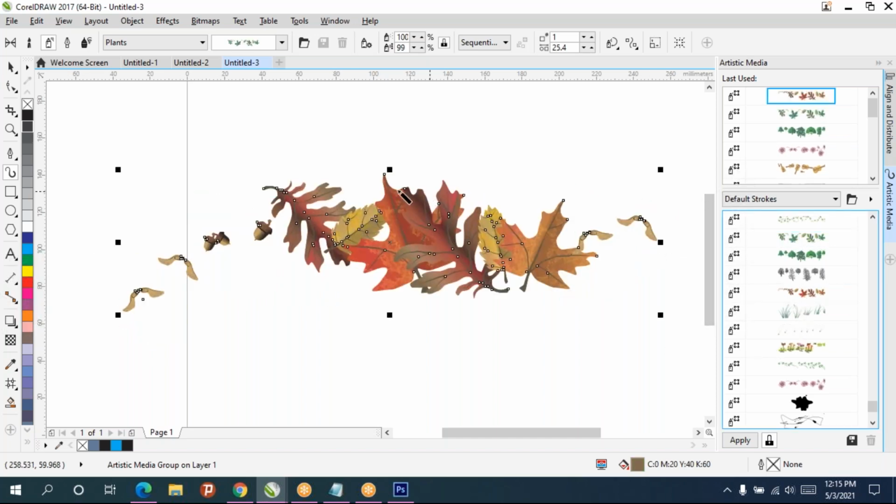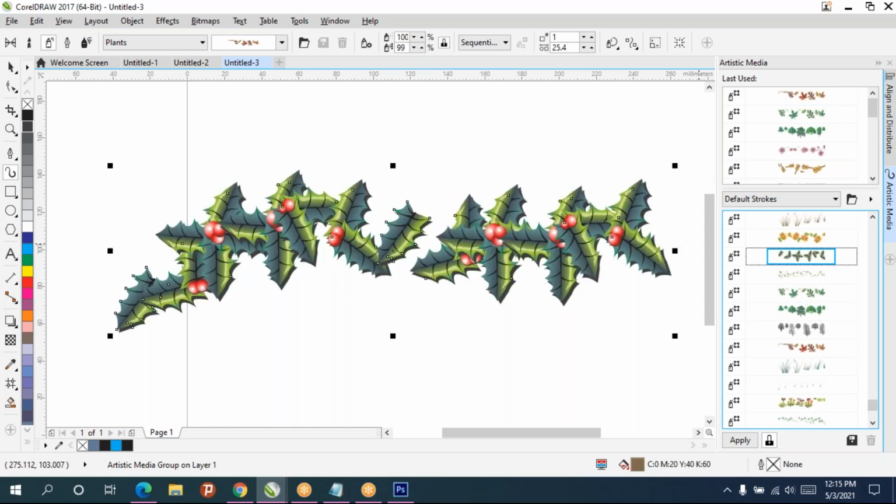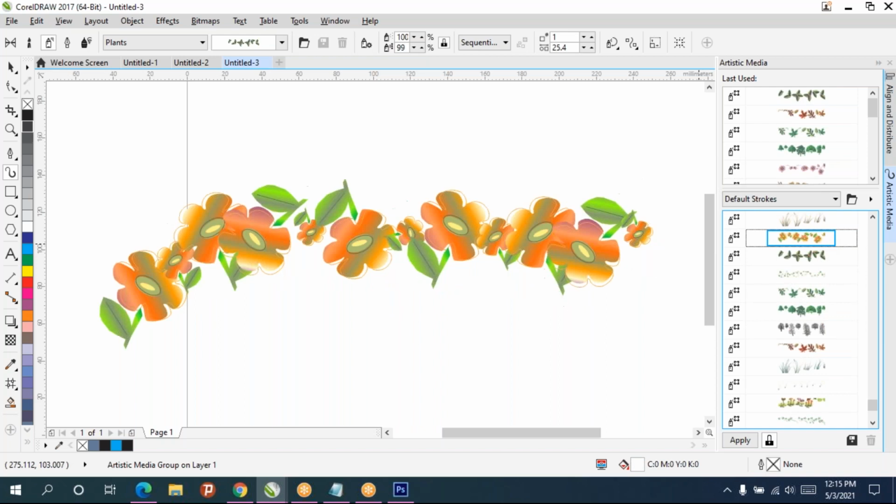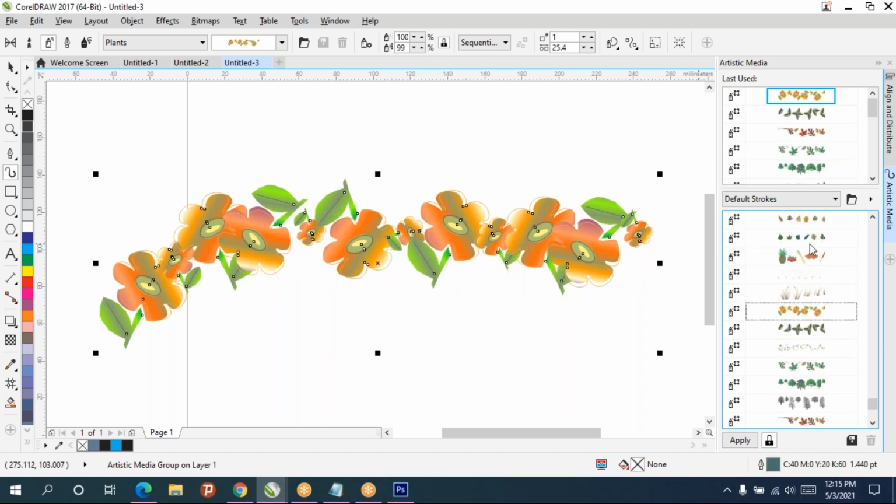You just have to click and apply. Mainly, those who are doing cartoon designs and all can use this cartoon landscape. So for lots of things, you can use this.